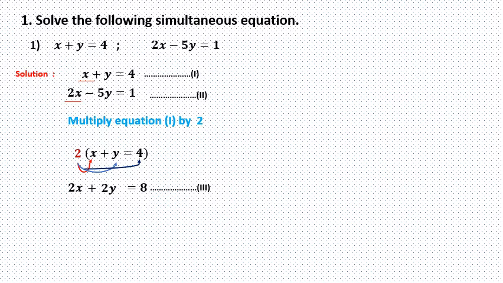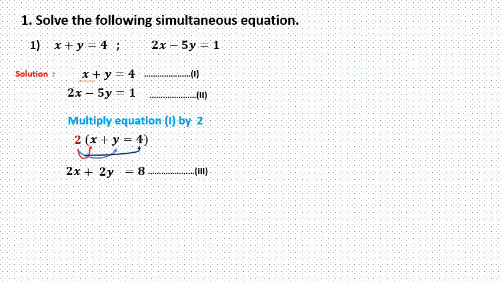So we don't have to consider equation number 1 now. We will just solve equation number 2 and equation number 3. If you observe, in equation number 2 and equation number 3, we have now made the coefficient of x the same. In equation number 2 also 2x is there, in equation number 3 also 2x is there. It means in both equations the coefficient of x is same. So we have completed our step number 2, that is, make the coefficient of any one variable the same.